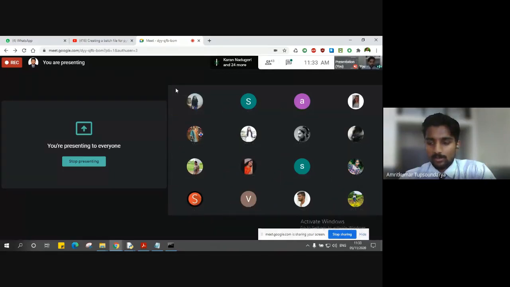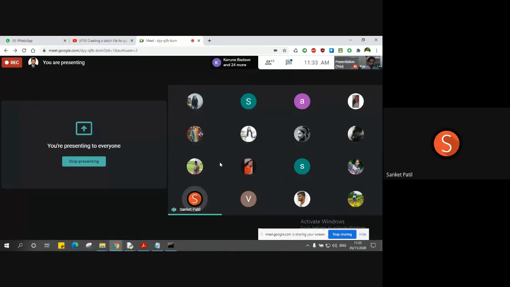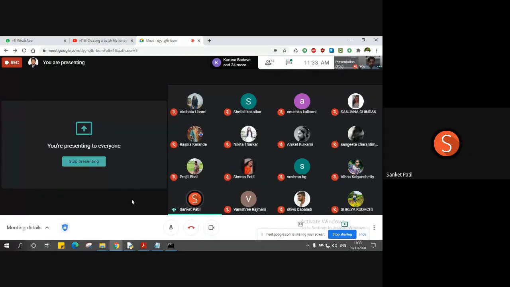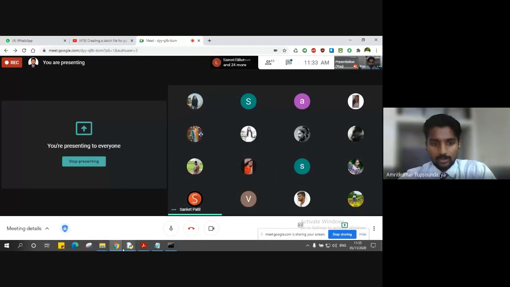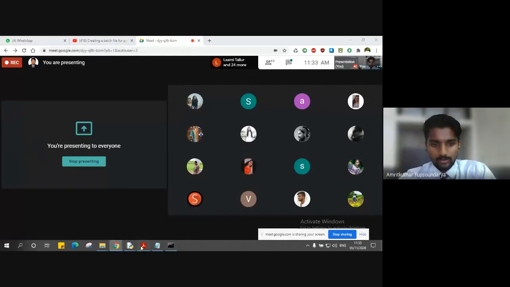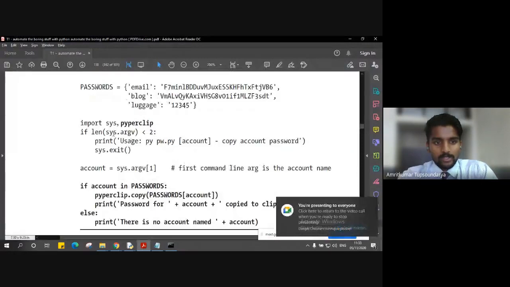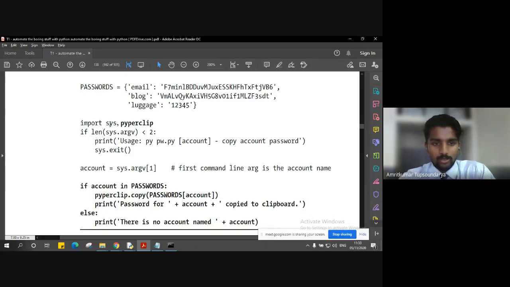Anybody else? Any doubt? Sir, in the if condition, what is that argv in bracket 1 given? Okay, sys.argv. Let me open it. As I said, when we import this sys module, why are we importing it? Because we are going to execute this program on the command line.